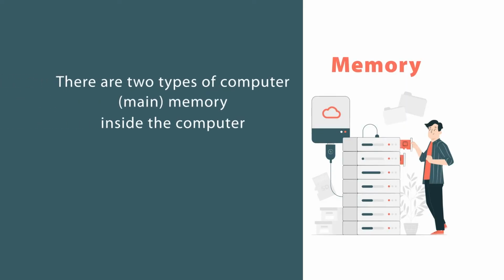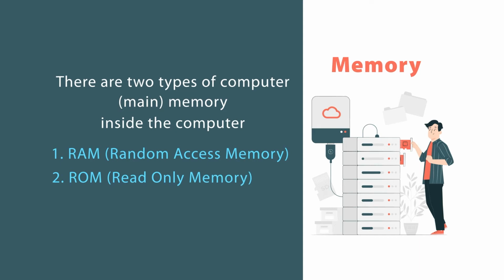As far as the types of main memory are concerned, there are basically two types. One is known as RAM, and another is known as ROM. ROM is read only memory. It means whatever is written in that memory cannot be erased and is stored permanently. This stored information is where the instructions come from whenever you are booting your computer system.